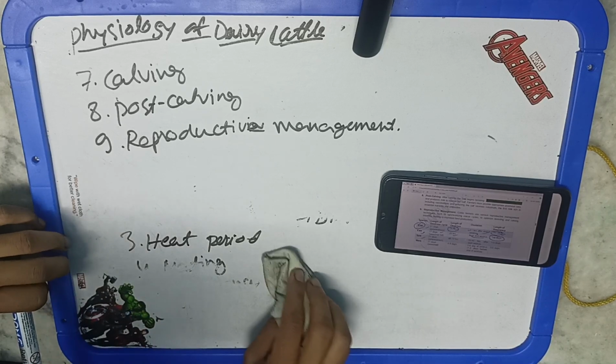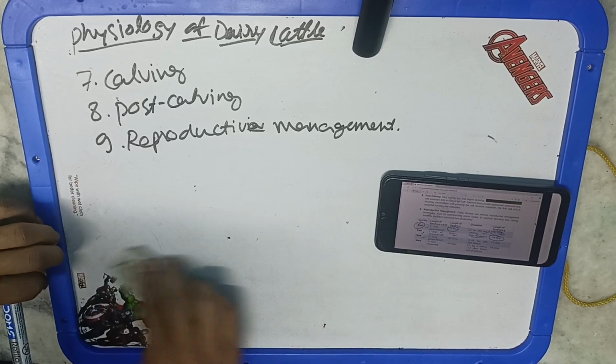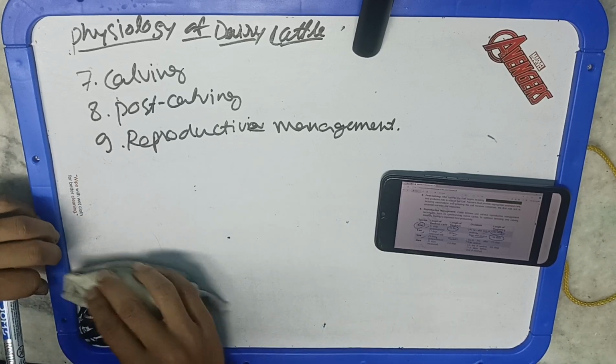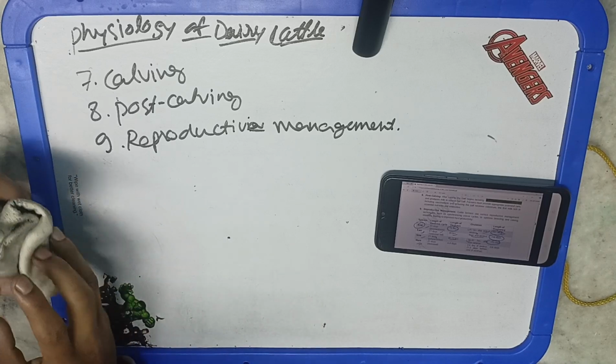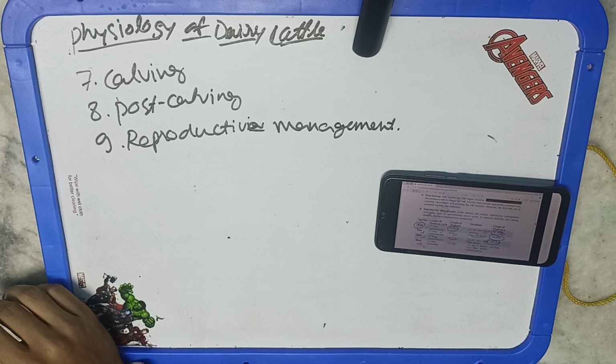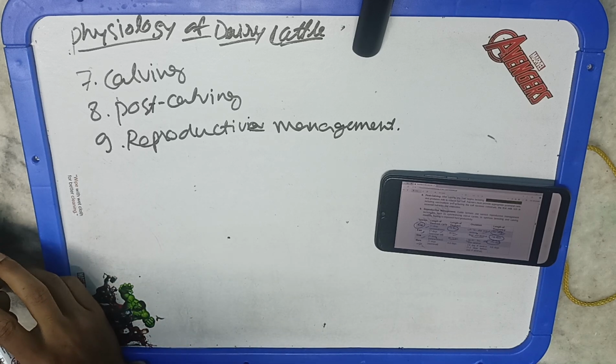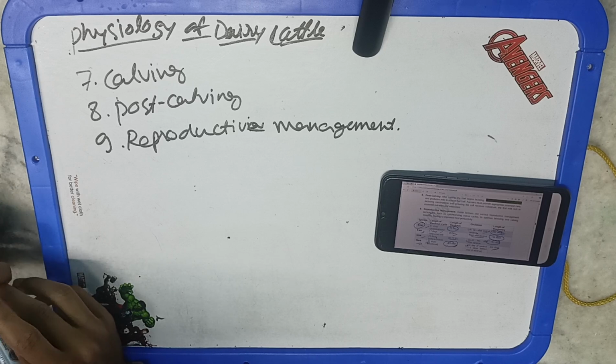Boar and sow, so it is 21 days. It is pig. 48 to 72 hours, 35 to 45 hours, and 115 days of gestation. Mare: now you have to recall or remember it by yourself, dam and mare, to whom we are calling the mare. 21 days, 4 to 8 days of the estrus cycle, so it is the largest one, and 3 to 6 days of the estrus, and 335 days is the pregnancy.